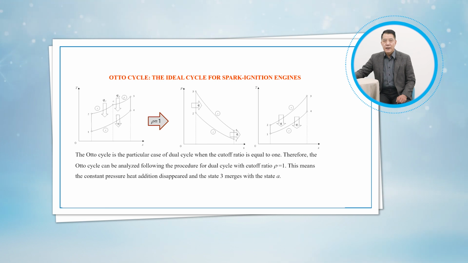The Otto cycle is the particular case of the dual cycle when the cutoff ratio is equal to 1. Therefore, the Otto cycle can be analyzed following the procedure for the dual cycle with a cutoff ratio of unity. This means the constant pressure heat addition disappears and state 3 merges with state A. From equation 10.7, the thermal efficiency with the setting of cutoff ratio of unity is: